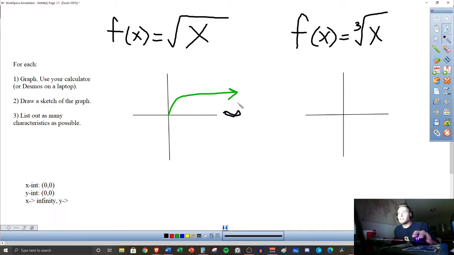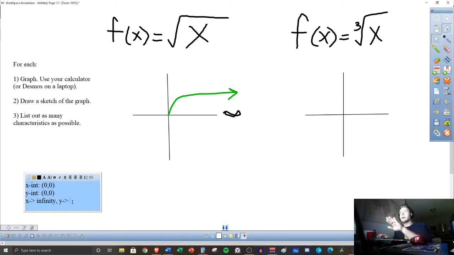As the x values go this direction, what's this green line doing? That's something to consider. Well, the y values are getting higher. They're going to also go to positive infinity, right? What about as the x values go the other direction towards negative infinity? Obviously on your paper you can draw the infinity symbol. So what happens